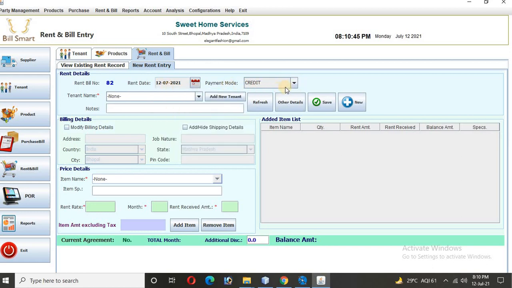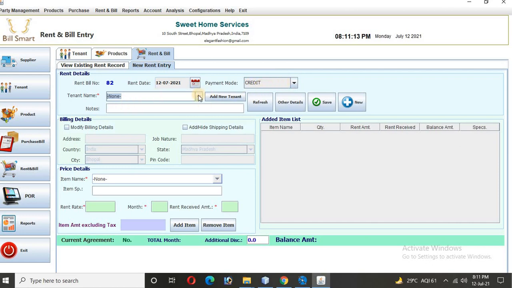Rent is a credit, so if the amount is going to come in the future, then let it be credit. And if it is cash, that means we are receiving the money right now. In that case, in the accounts we will get the amount debited and credited both, because one amount is to be received and one is already received. So that is cash. But if we want the amount to come in later, we will use credit.